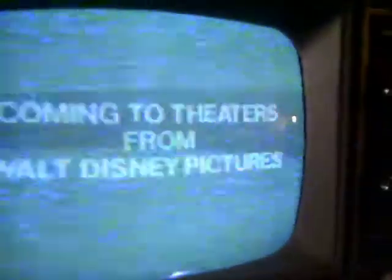Coming to theaters from Walt Disney Pictures. In 1937, Walt Disney made motion picture history when he transformed a classic fairy tale into one of the most...